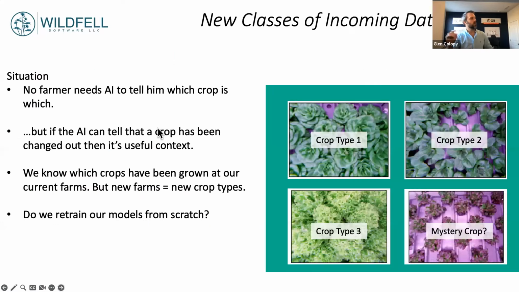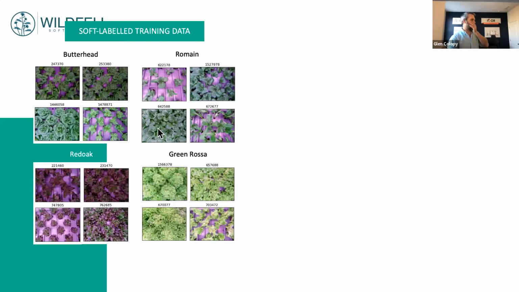But while we know what crops are currently being grown, so what our current farms are doing, we're rolling out to new farms, and those farms have new types of crops. So what do we do here? Should we be retraining our computer vision models from scratch? Essentially, should we rebuild a model and train all of it, a nice giant convolutional neural network to do these types of things? I hope not. So one of the first things that we can do is